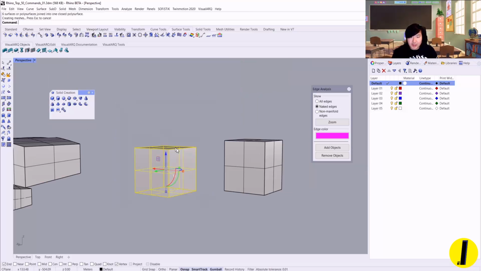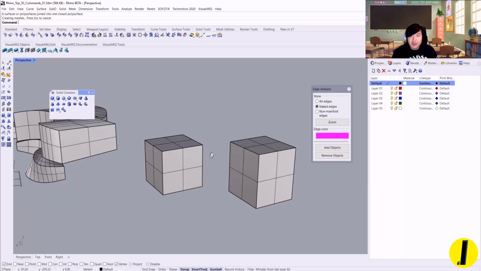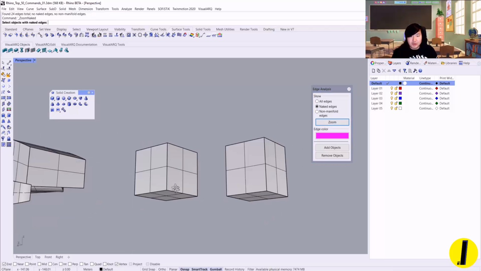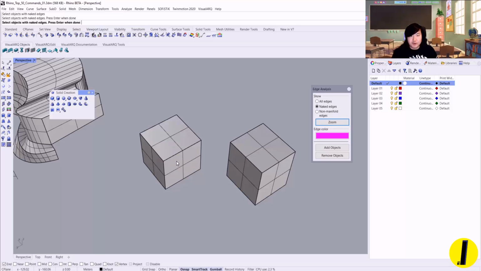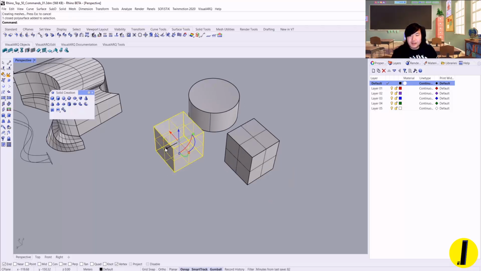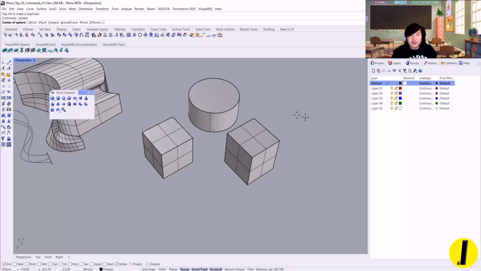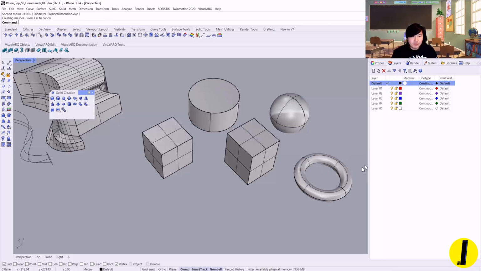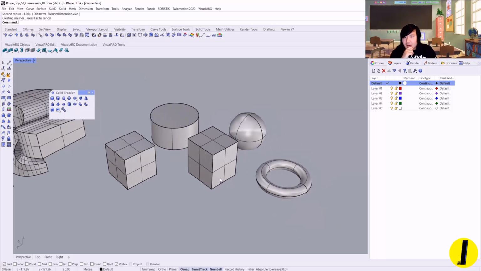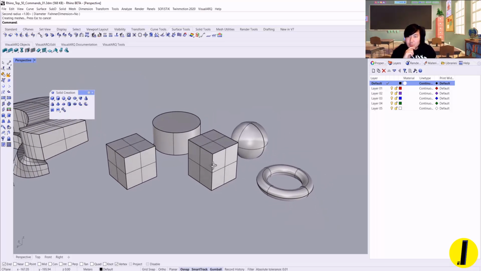And if I join now, then as you can see, we don't have any more naked edge, which means this is a perfect solid object. So basically all of these, the cylinder, sphere, and torus, are solid elements,